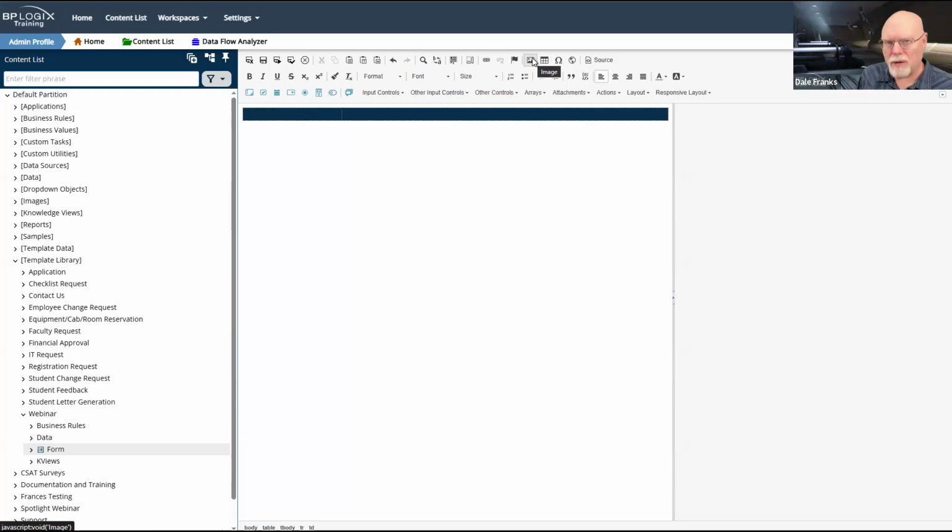For a logo, you can use either. There is the standard image control that comes with CK Editor. CK Editor is the component that we use to build the online form designer. I think it's from Telerik, or it may just be from CK Editor itself. Not sure. It's not important. This is one of the standard image controls.